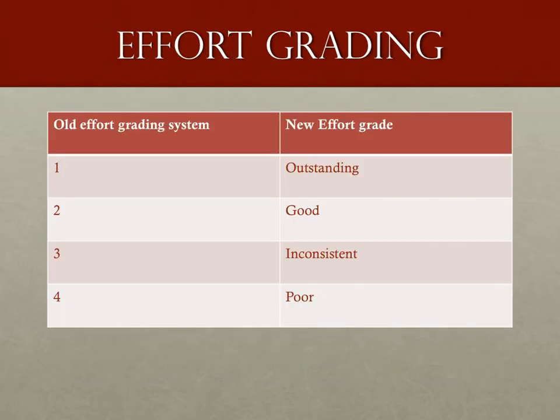We've also made some changes to the effort grading system, not least because the old effort grading system used to be numerical, as you will remember, with 1 being the highest for effort and 4 being the lowest for effort in the old system. Naturally, given that the new attainment system now runs numerically, with 9 being the highest and 1 being the lowest, we thought to stick with the old numerical effort grading system would be confusing, so we've changed it. As you can see from the diagram, 1 translates directly to the new effort grade, which will be